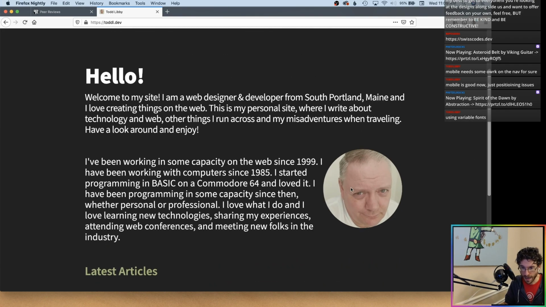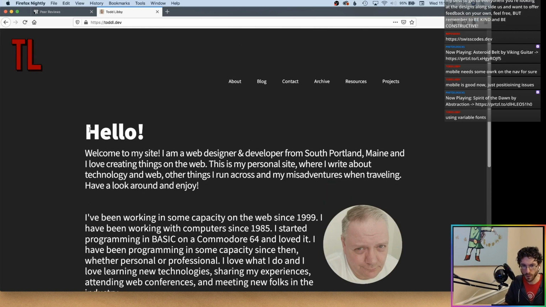I like that we've got an image of you. I might move that to the left-hand side. I think it pulls focus from this left area down to it and makes me have to come back. Using variable fonts, I love the variable fonts. I'm just saying like keep those kind of a little bit more consistent and maybe use ems for your line